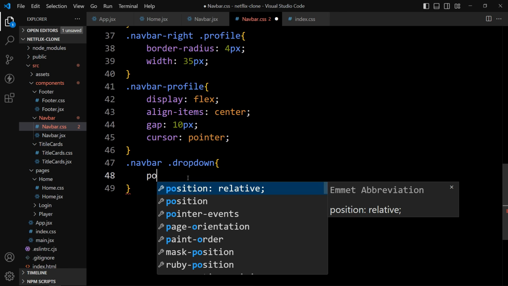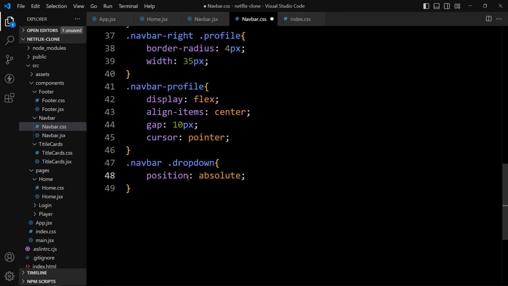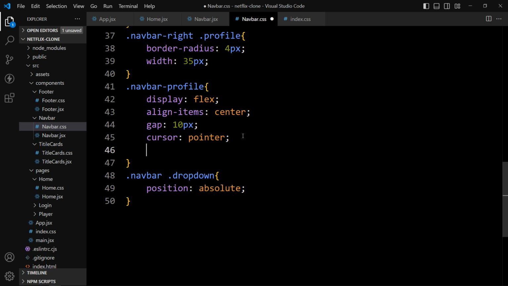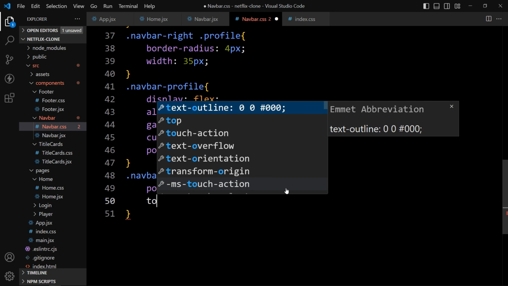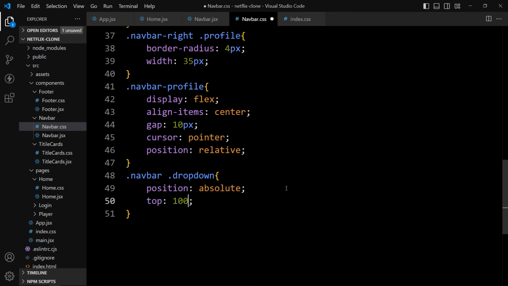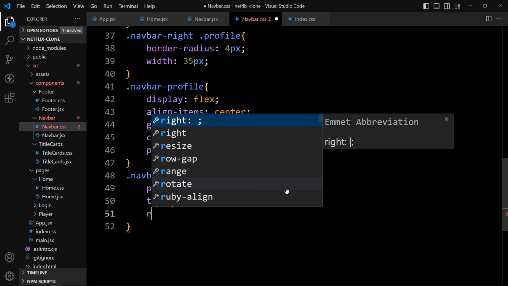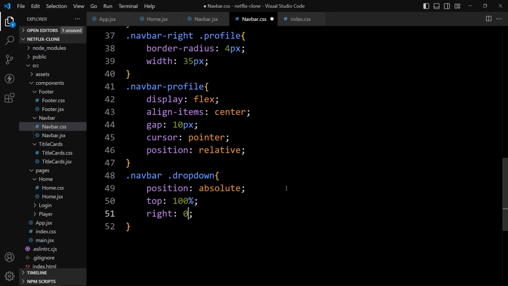Here we will add position absolute. Then if we are adding position absolute here, then in this one we will add position relative. And after this position absolute, we will add top. So the top will be 100%, then right it will be 0.